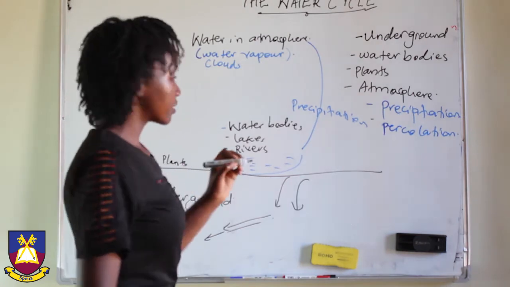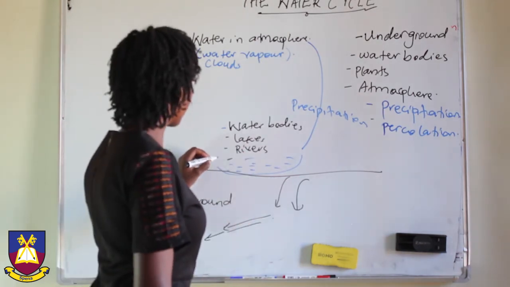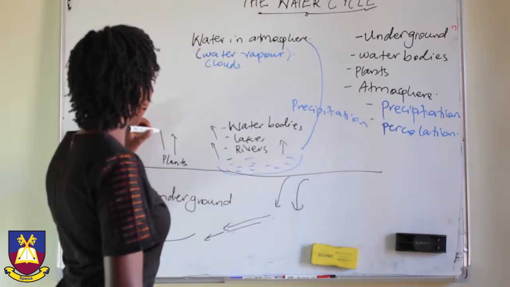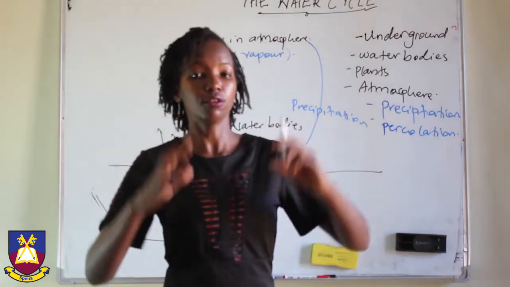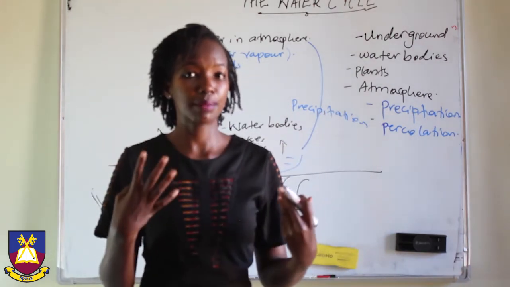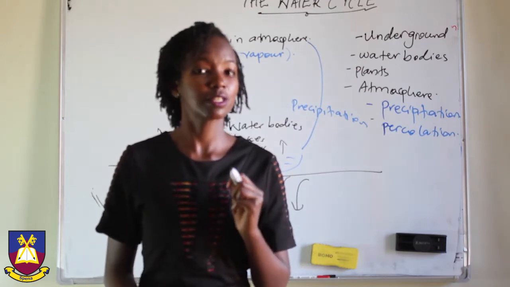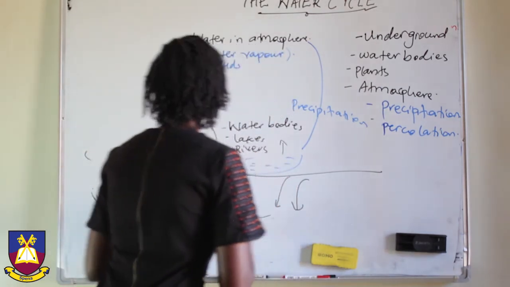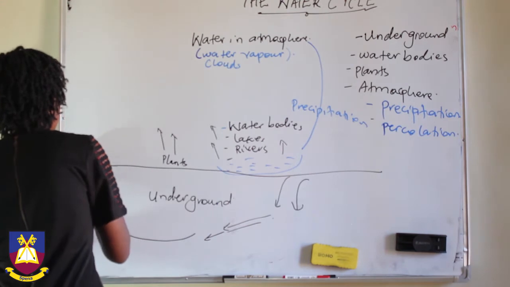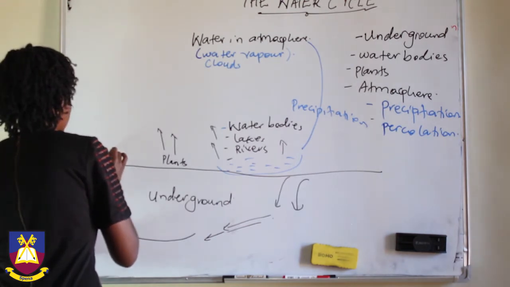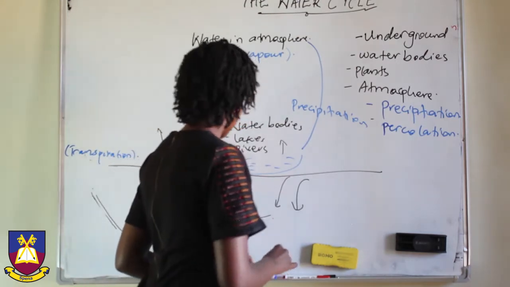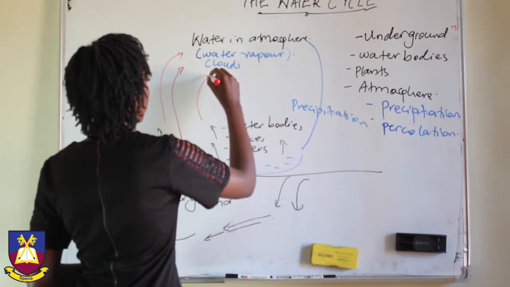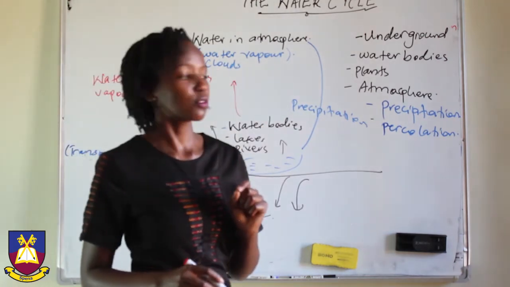However, when it's hot, these water bodies carry out what we call evaporation, and plants too. They lose water. Water escapes from those water bodies, and plants too. Now the process by which the plants lose that water is what we refer to as transpiration. So the plants lose water in form of water vapor to the atmosphere. Through the process of condensation,